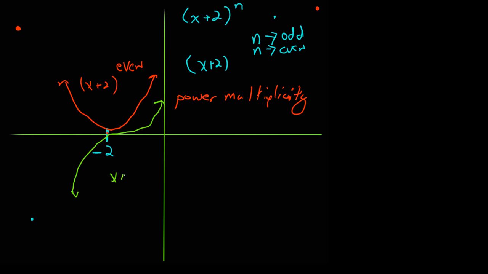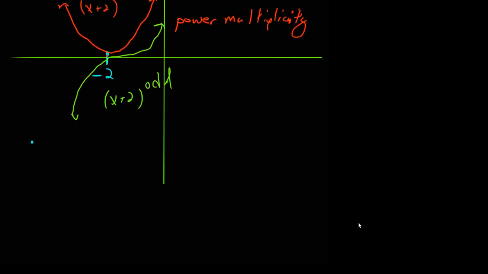And that's (x + 2) to an odd power, because it punches through the x-axis. So the repetition of these roots gives us a little bit of the behavior. What we get from all of these roots and all of these factors that we can put together is, if I have my polynomial